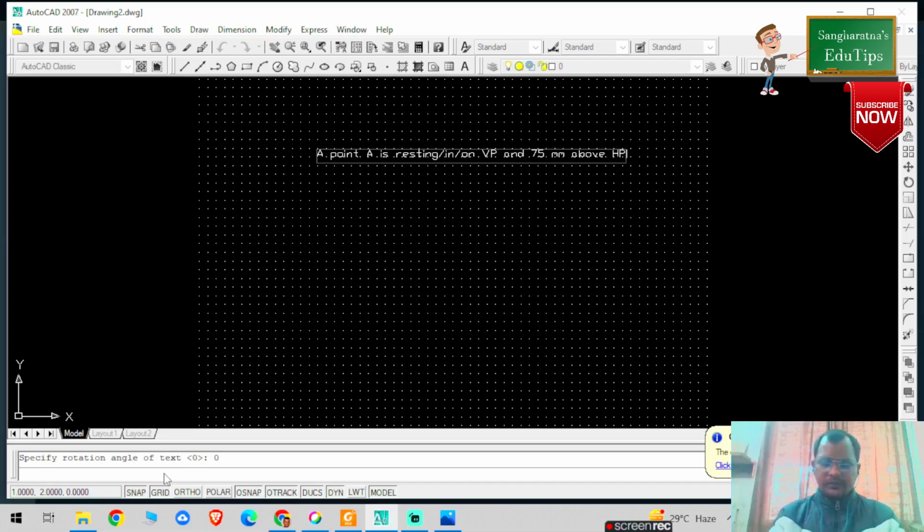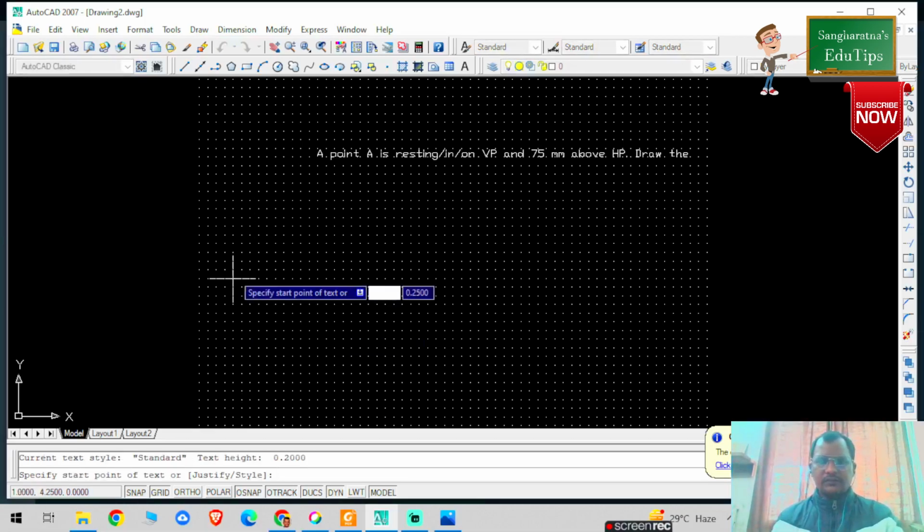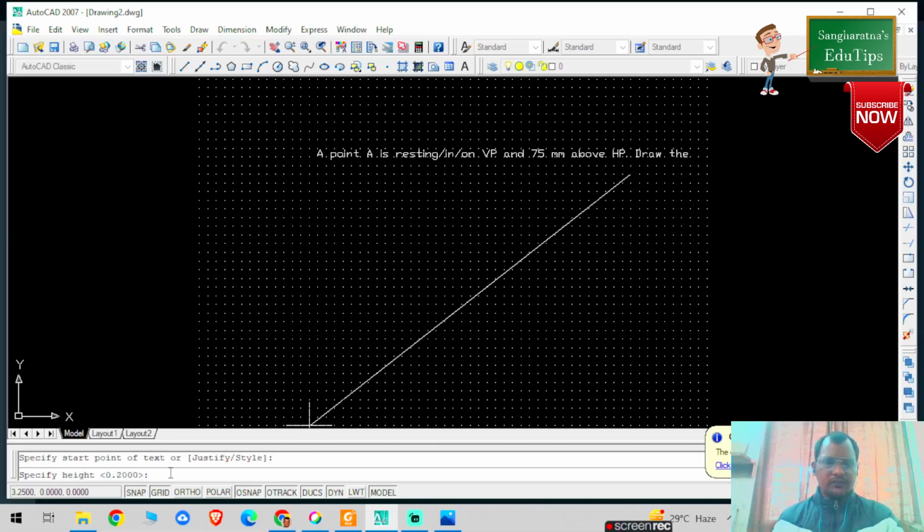So above HP, right, for the projection. So the fundamental concepts you know, right? Oh, sorry, again I need to write down the text now because I have not selected the text on the right side, and here I need to write, okay? Spacing will be 0.2 and rotation angle will be 0. So draw the projection,